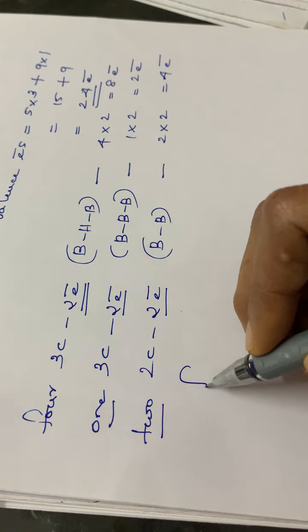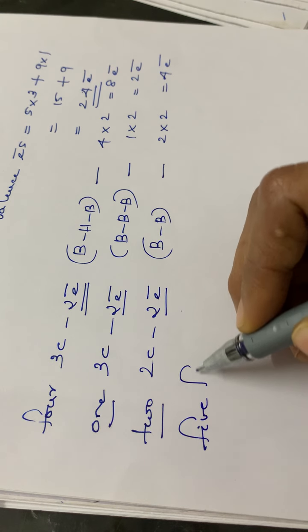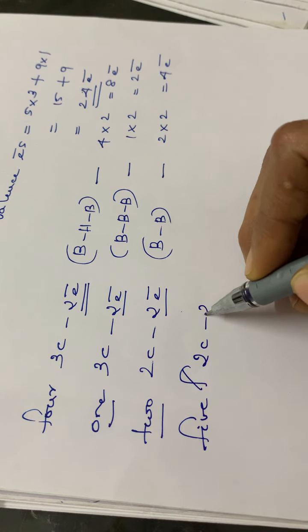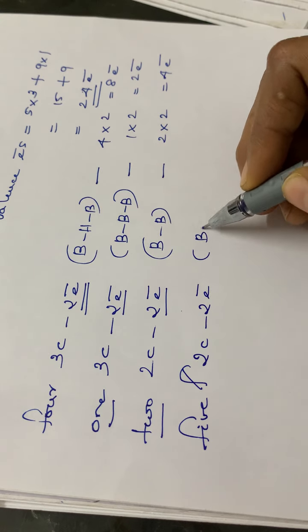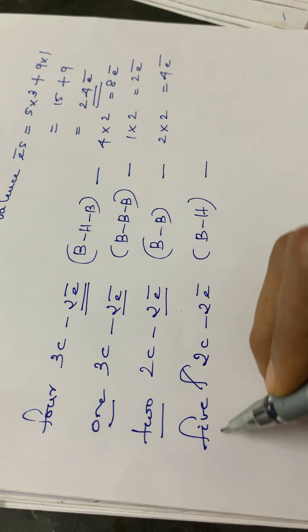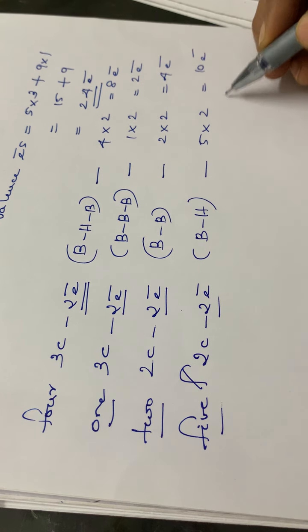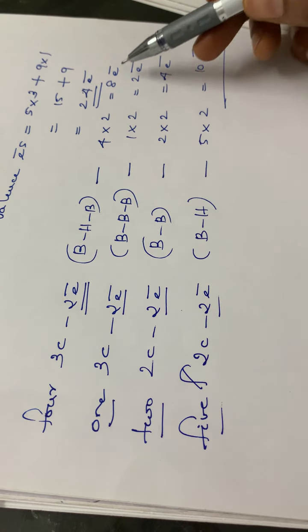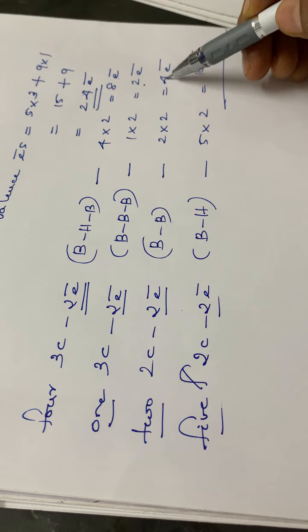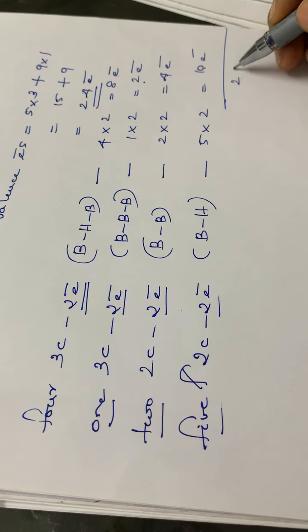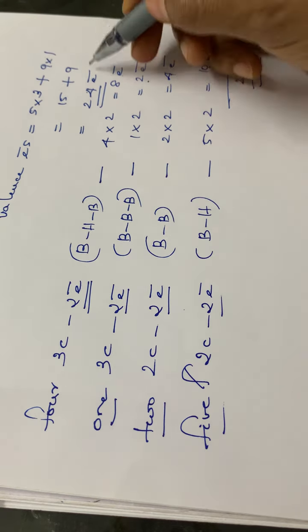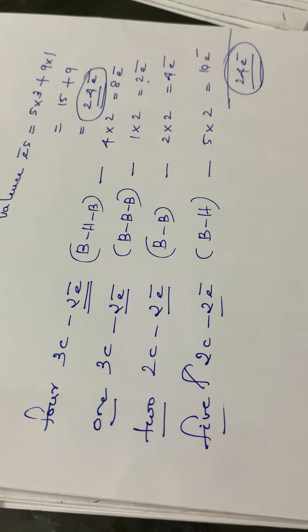Then the remaining, you have to write the number of BH bonds at the last part only. Okay, then it will be having 5 2 center 2 electron bonds, that is BH bonds. So again 5 into 2, that is equal to 10 electrons. So in total, how many electrons are there? 8 plus 2, 10, 10 plus 4, 14, 14 plus 10, 24 electrons. So in both cases, the number is correct. Okay.